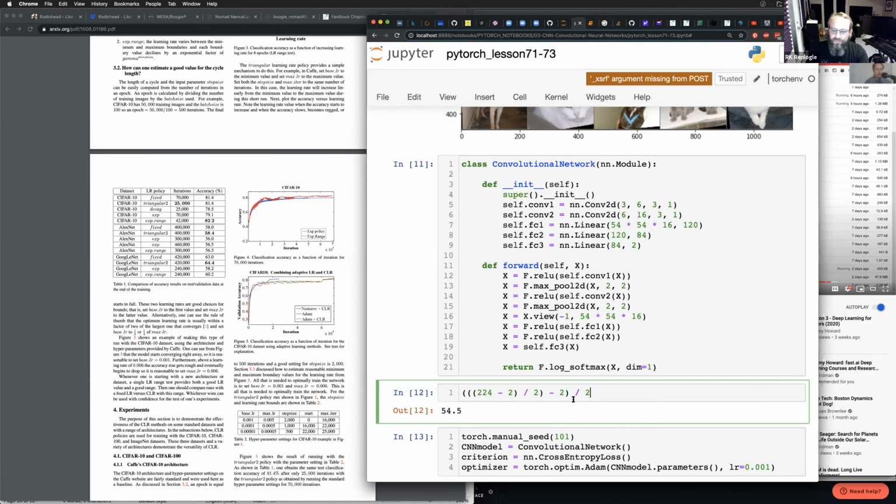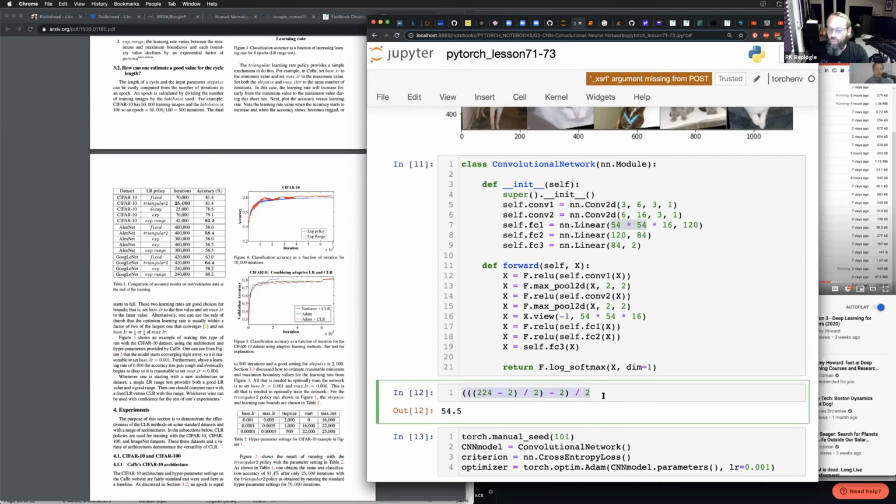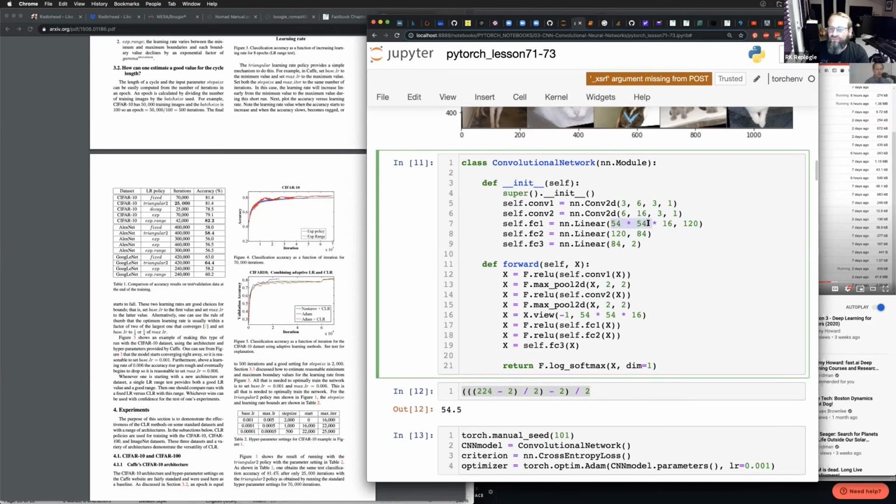But what you see is when you do this calculation, what you end up with is 54.5. So then what this layer has to be is 54 by 54. And there's some more magic that you can do where you force this math to work out to be exactly a whole number, and that has some effects on accuracy as well. I don't understand all that stuff for sure, but once you have this 54 by 54 by 16, because of the 16 filters here,